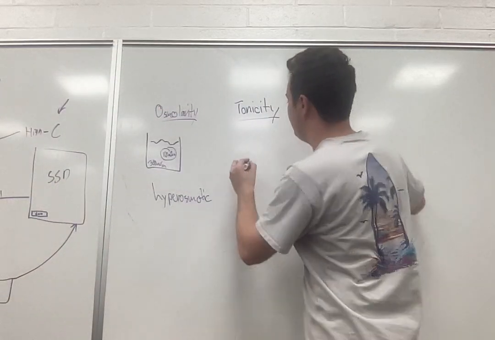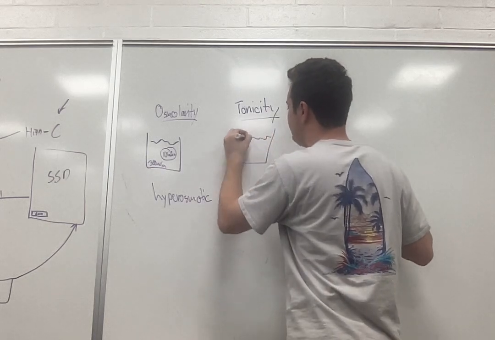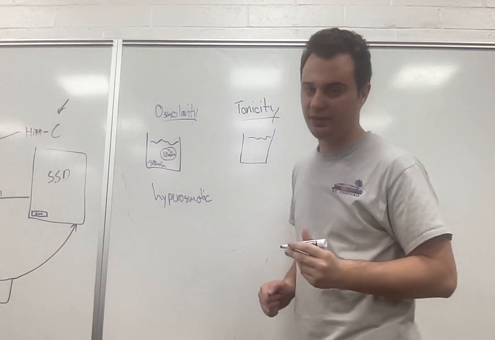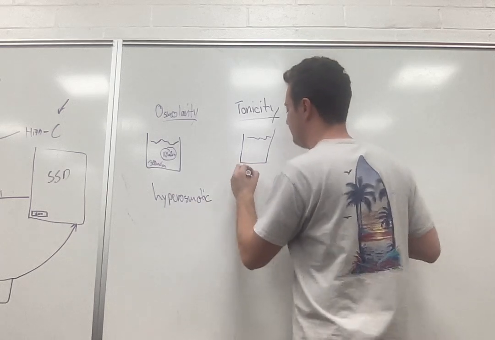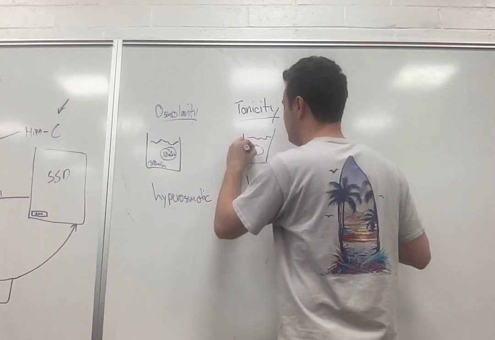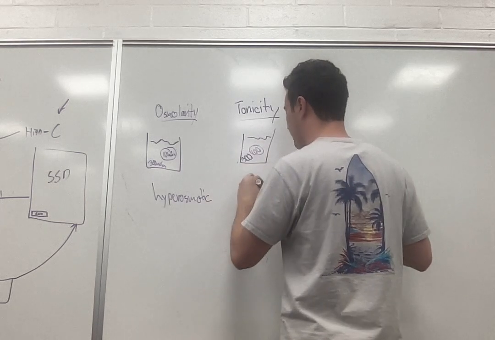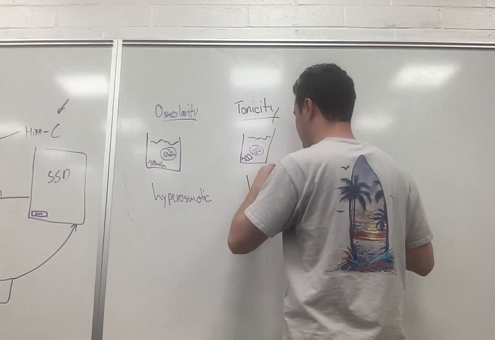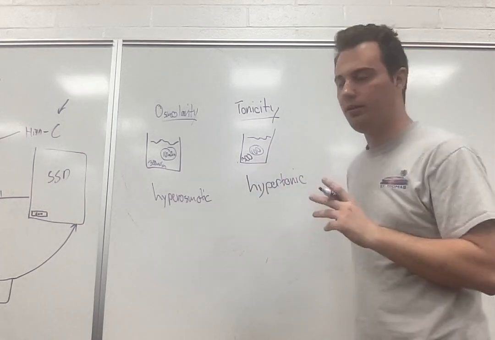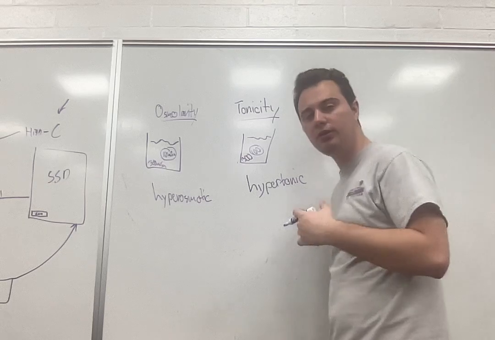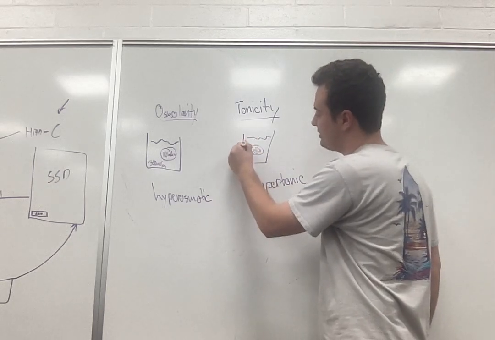And likewise, tonicity is unitless. Tonicity doesn't care what is, it just cares about what happens, right? In the same solution, it would be hypertonic because using the principle of osmosis, water goes to where the party is, right? And if there's more party outside of the cell or more